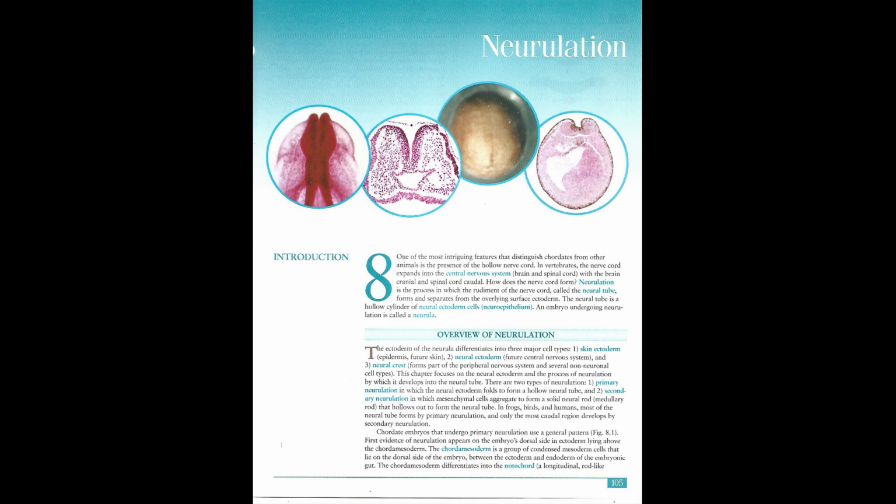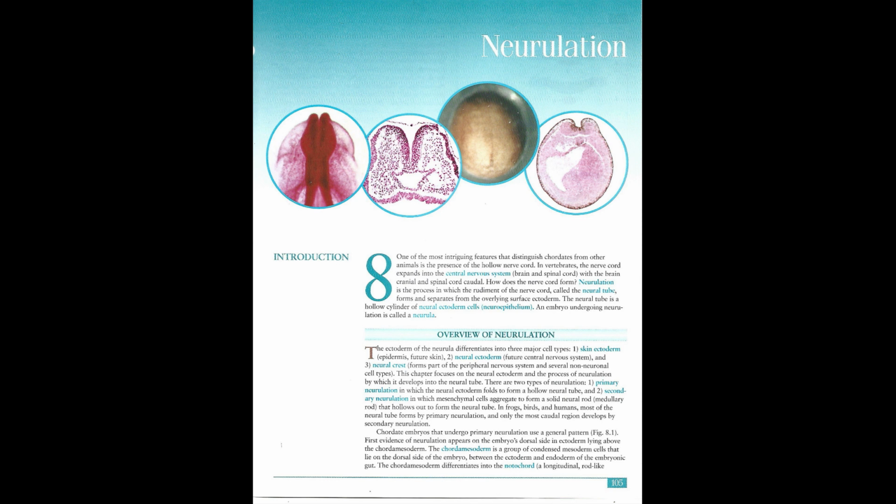Overview of neurulation. The ectoderm of the neurula differentiates into three major cell types: 1. Skin ectoderm, epidermis, future skin; 2. Neural ectoderm, future central nervous system; and 3. Neural crest, forms part of the peripheral nervous system and several non-neuronal cell types. This chapter focuses on the neural ectoderm and the process of neurulation, by which it develops into the